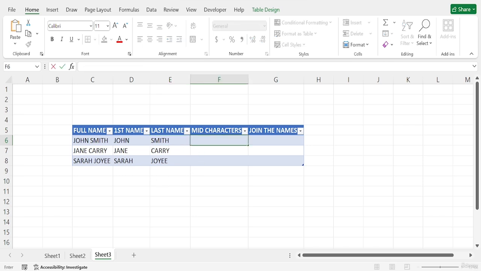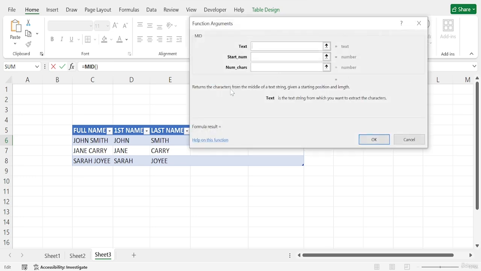After that I will go to the MID function, which extracts characters from the middle of a text string. I will call the MID function and go to the function arguments. It returns characters from the middle of a text string given a start position and length.